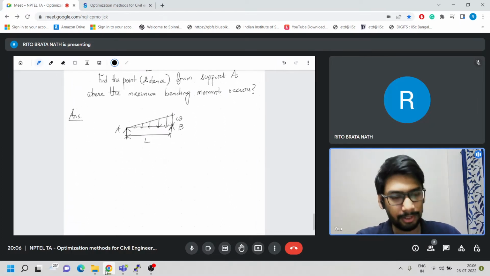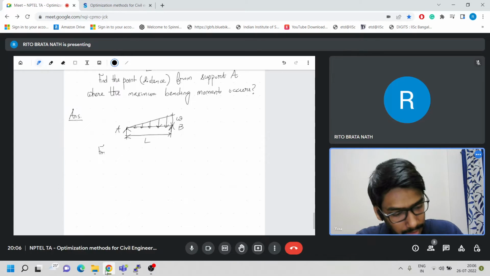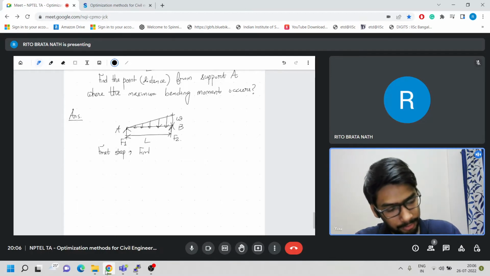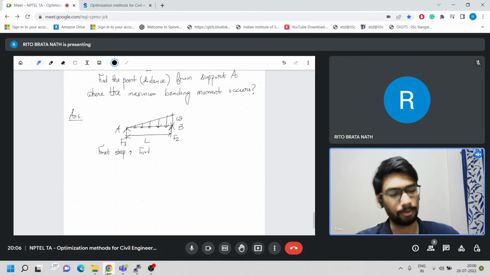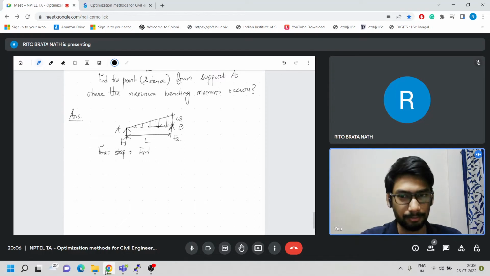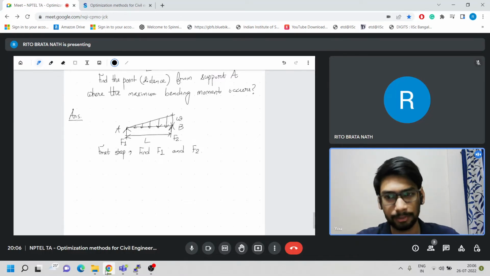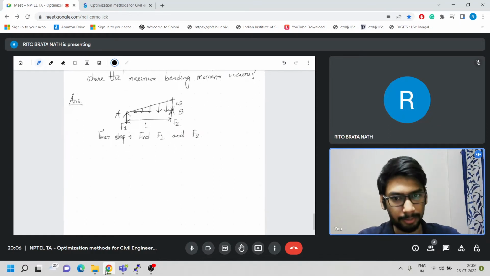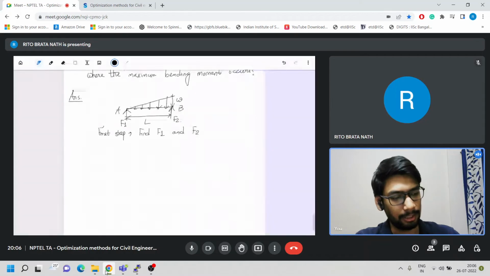Now, the first step, if I name it as force 1, this is F2, F1 and F2. So find F1 and F2. So this is not an optimization as such because you have already learned this. So yeah, my screen is probably now visible. I think it appeared a little bit late after I wrote it. Anyway,